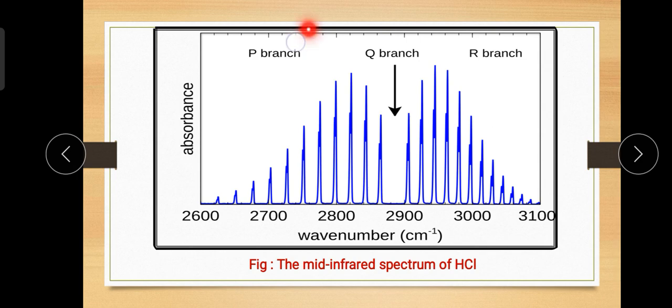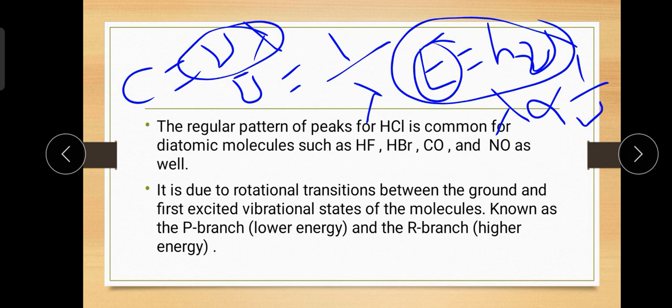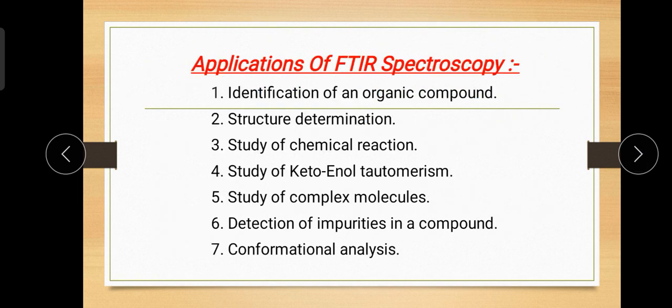So here we have the P branch on the lower wave number side or lower energy side, that means the higher wavelength side, and here the R branch is for the higher wave number or lower wavelength or higher energy. So in this way we can write for the P branch, which lies in the lower energy region, and here the R branch, which lies in the higher energy region, and all those things we can explain with the help of all those relationships. So in this way we get the P branch and R branch in the FTIR spectrum of the SCL. So in this way we are able to analyze the SCL spectrum.